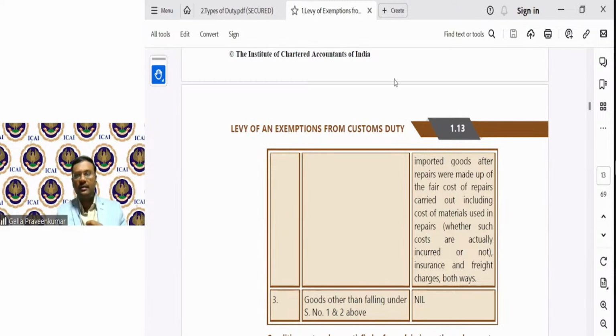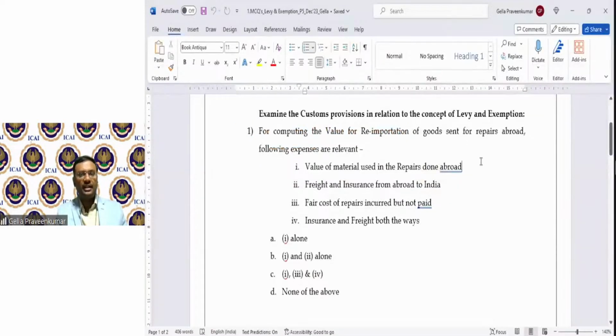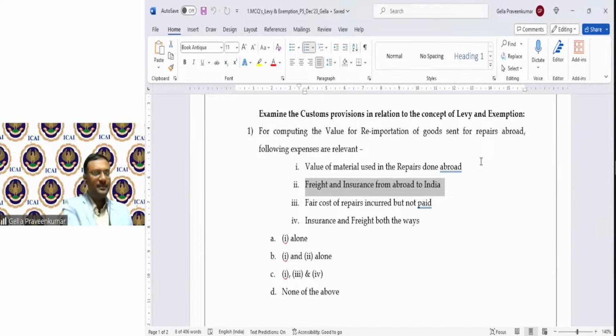Now let's come back to our answer. Value of material used in the repairs done abroad: yes, point number 1 is relevant. Then freight and insurance from abroad to India: this talks only about abroad to India, not India to abroad, so point number 2 is incomplete.